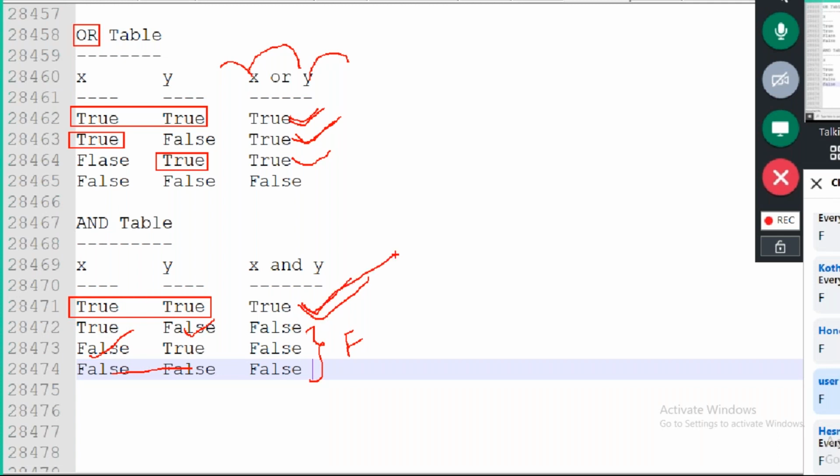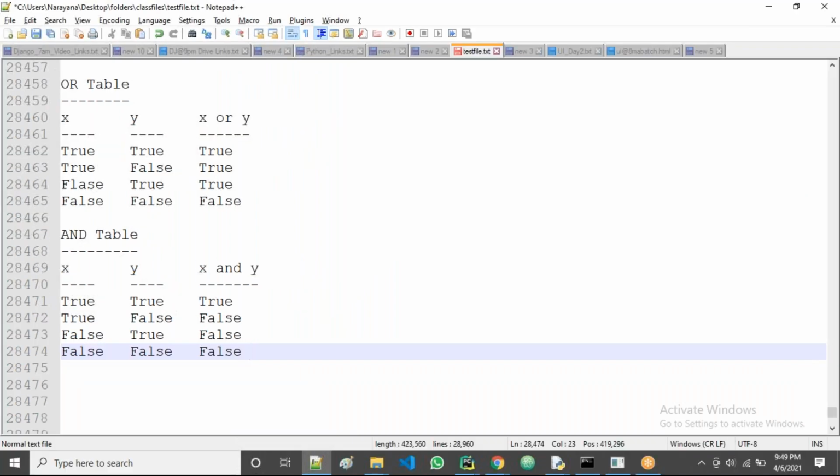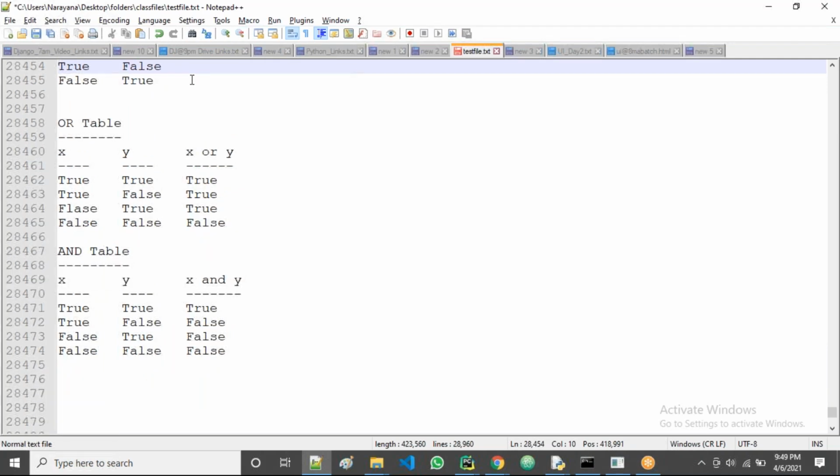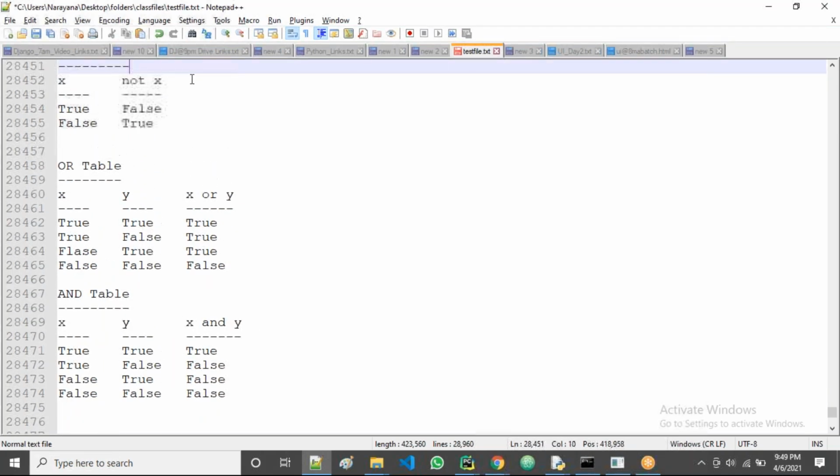Now all of you know it. It is clear, right? This OR table and AND table. Everybody is clear about these two tables, OR and AND tables? Okay. Yes, guys. If you are clear, then very happy. Right, now let us see one example about these, guys.